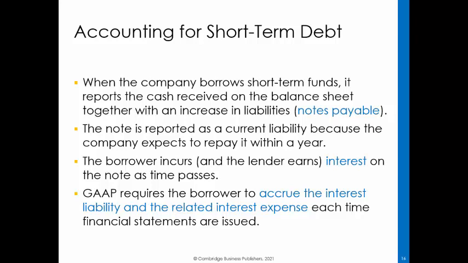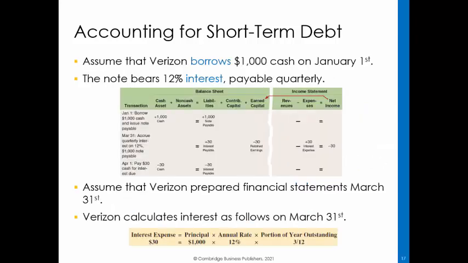GAAP requires the borrower to accrue the interest liability and the related interest expense each time the financial statements are issued. To illustrate accounting for short-term borrowing, we will assume that Verizon borrows $1,000 cash on January 1st. The note bears interest at a 12% annual rate, and the interest is payable on the first day of each subsequent quarter. Assuming Verizon issues quarterly financial statements, the borrowing results in an accrual of interest expense of $30